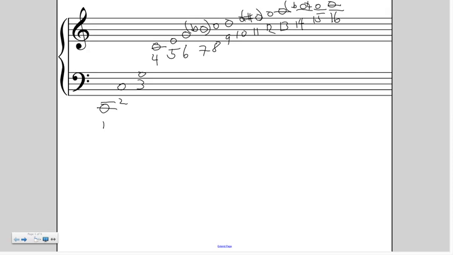So when we look at the mathematical basis for this system, we have to understand that the perfect fifth, the fourth, and then the major sixth, the major thirds, the minor third, and minor sixth are the primary intervals that we're working with in trying to figure out a scale system.